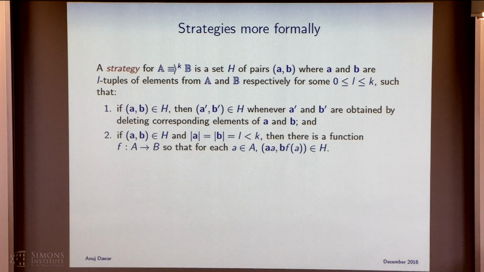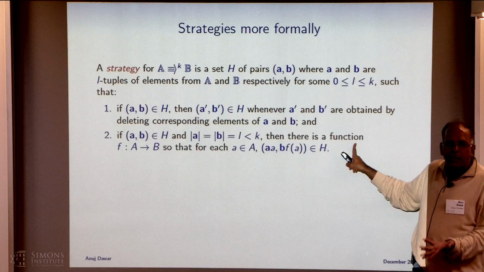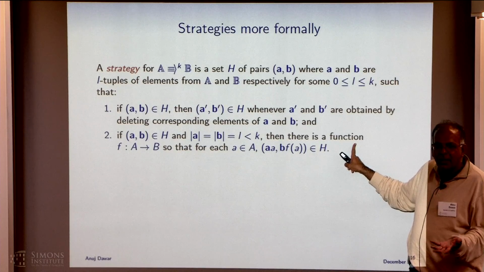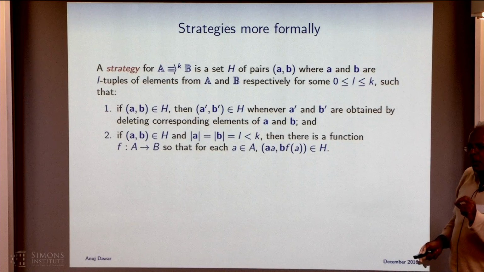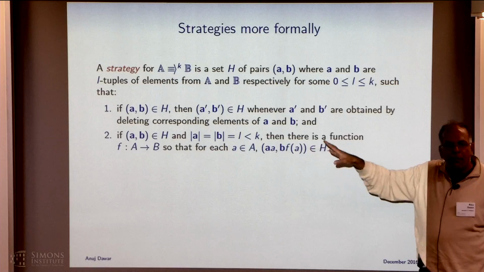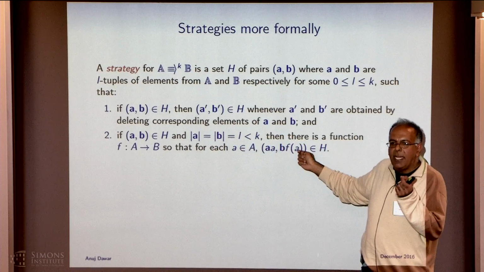Now, when I write the definition down, it seems slightly unsatisfactory because I'm calling this a strategy, but it doesn't give you a strategy in the way we usually think of it, because I'm not saying this function is unique. So it doesn't tell you what Duplicator has to do. It just says there is something Duplicator can do. So it's not a strategy in this sense. We could try to formalize the notion of strategy as something which, for any position, gives you a particular function.